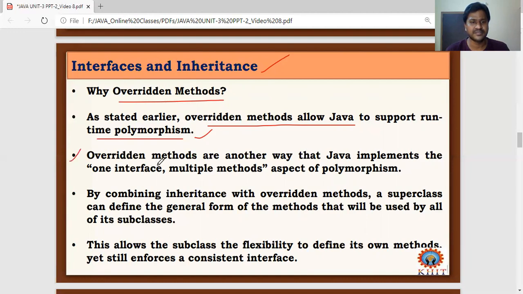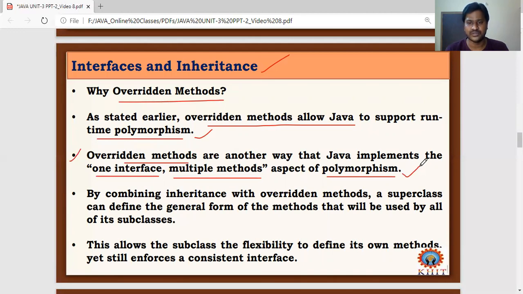The second one, these overridden methods are another way that Java implements one interface, multiple methods. One interface and multiple methods. This is considered an aspect of polymorphism. And we know polymorphism is one of the most important principles of object-oriented programming.